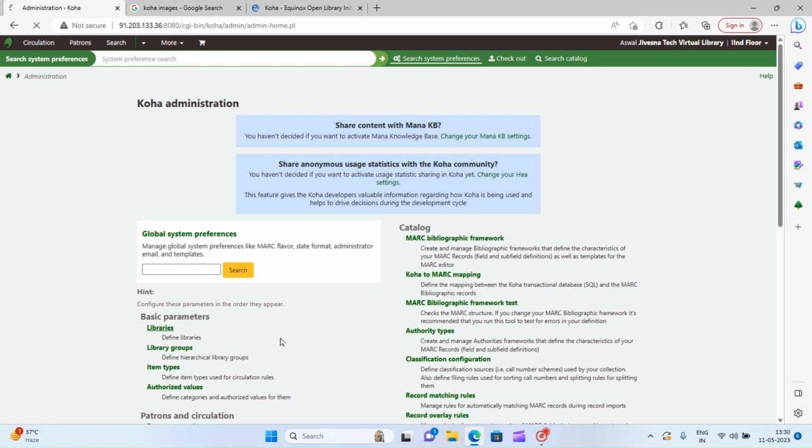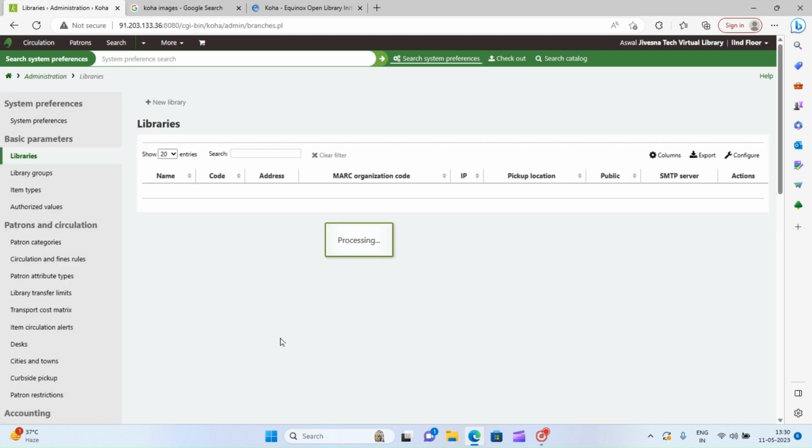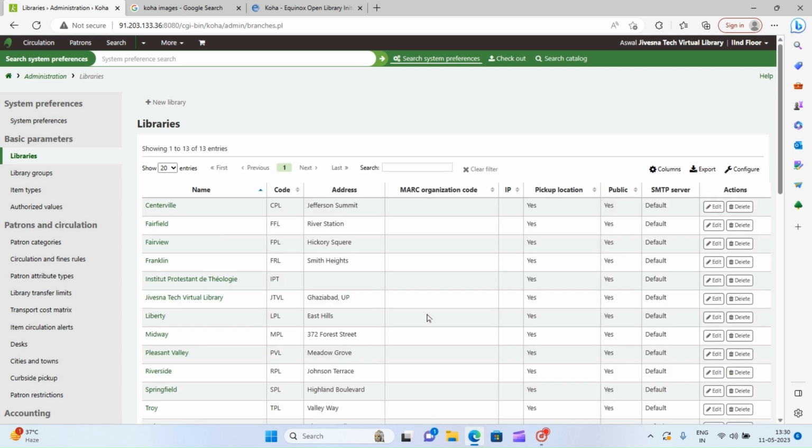Click on Libraries. Some already defined default libraries display here. You can edit and delete. You can't delete any library that has patrons or items attached. For adding a new library, we just click on New library,